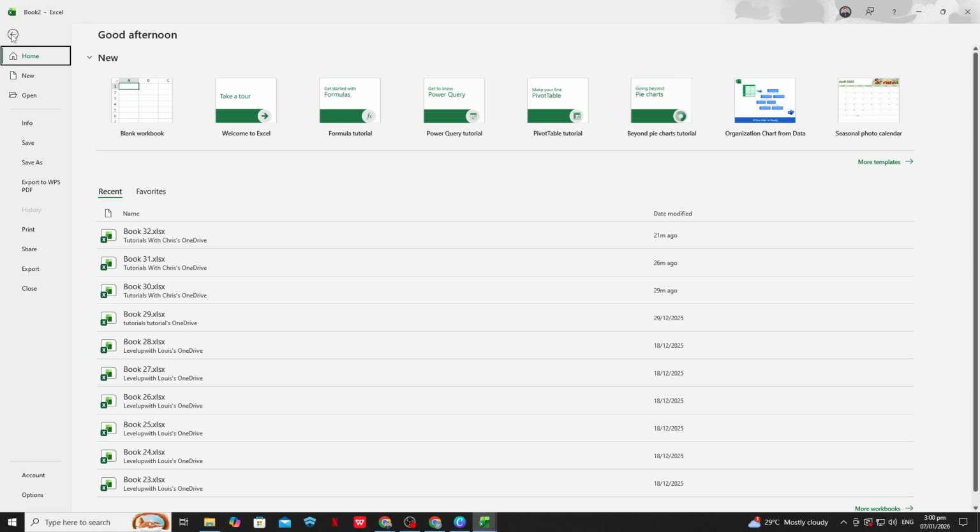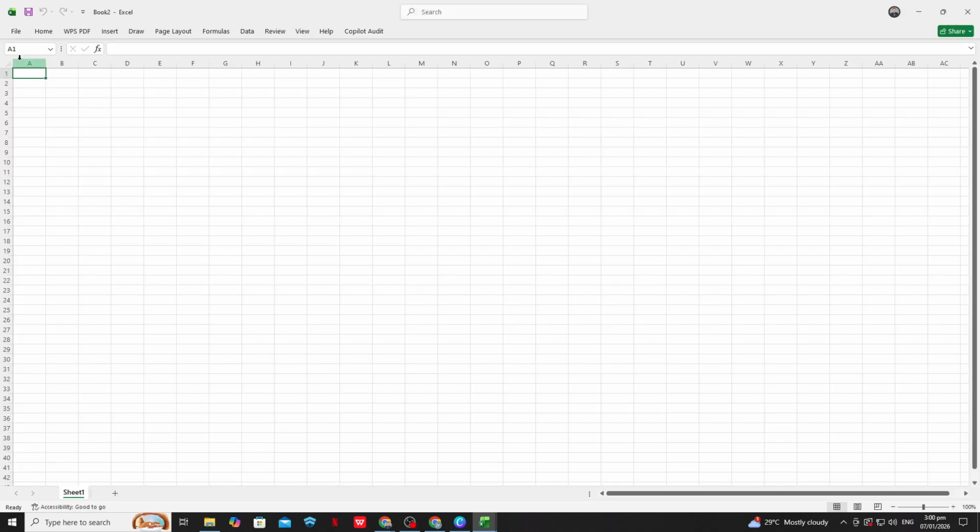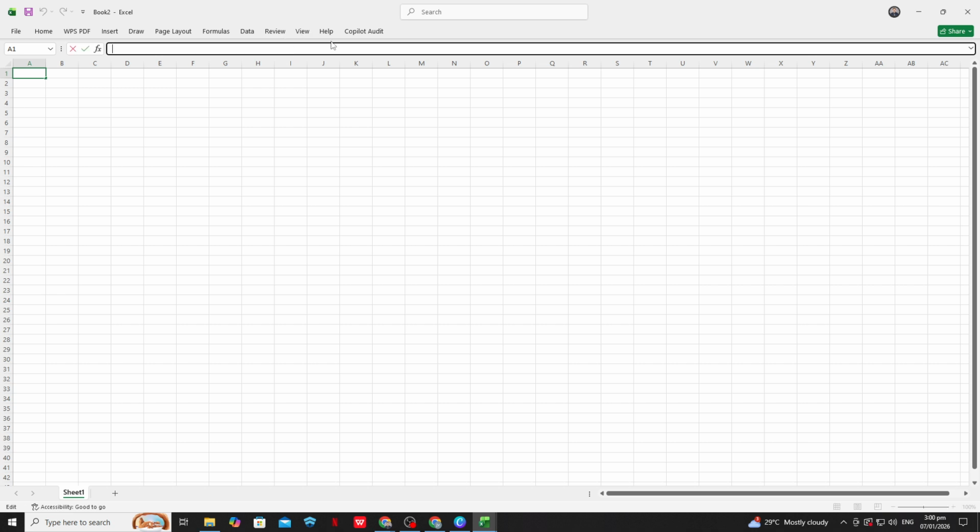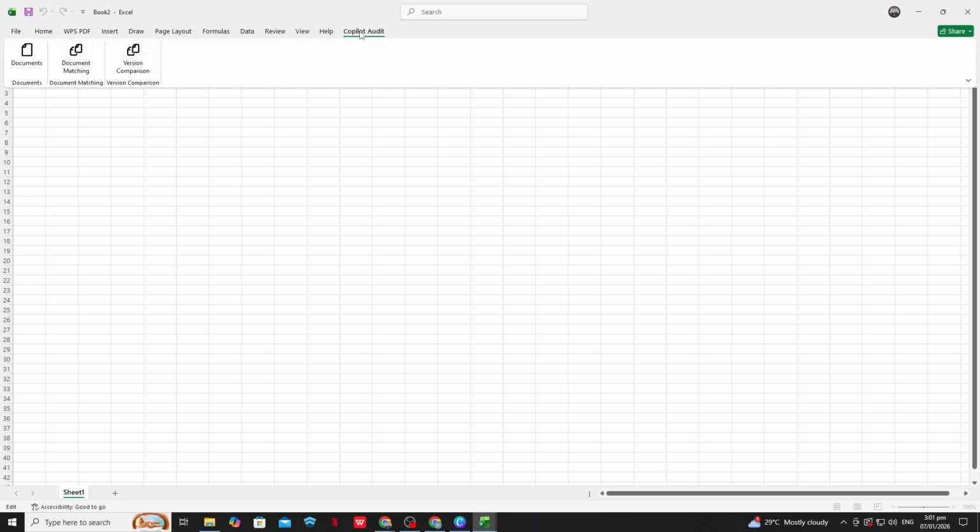When Copilot is enabled, open a workbook or create a new one so you can start using it. You'll typically be able to click the Copilot icon to open a side pane where you can type natural language prompts like "Summarize this table" or "Create a chart that compares sales by month." Copilot uses the data in your worksheet to generate formulas, charts, summaries, and more, which you can then review and adjust. That's all you need to enable Microsoft Copilot Pro in Excel.